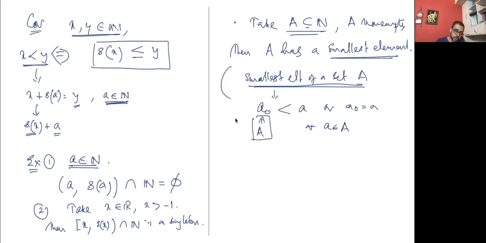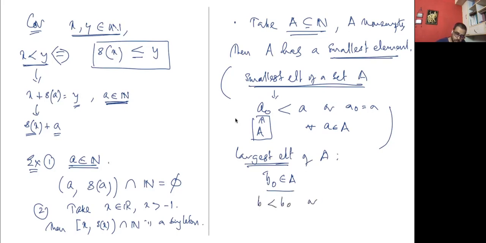Okay. And similarly, the largest element is similar, but on the other side. So the largest element is an upper bound which comes from the set itself. So B naught is the largest element if